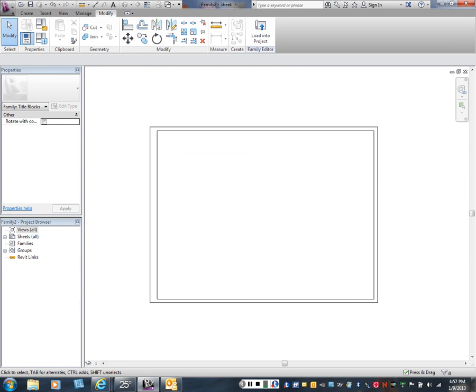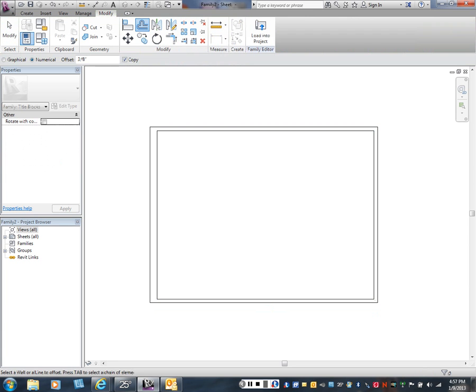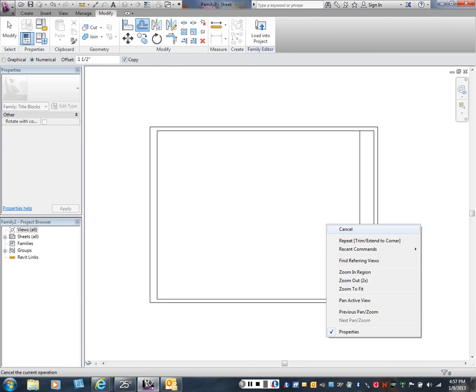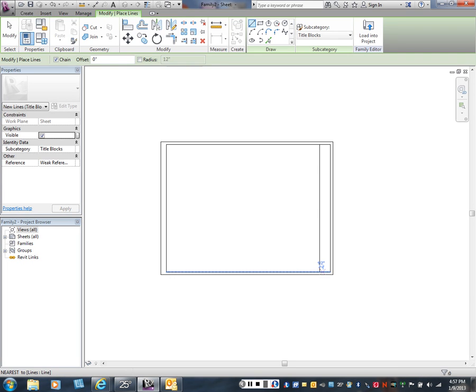For this title block, I'm going to put the title block area on the end, so I'm going to take this line and I'm going to offset it, we'll say 1.5 inches. Okay, and then I'm going to draw some more lines, so I'll go to Create Lines. And up from the bottom, I'm going to come up 1.5 inches back over. I'm just going to draw another line up here about